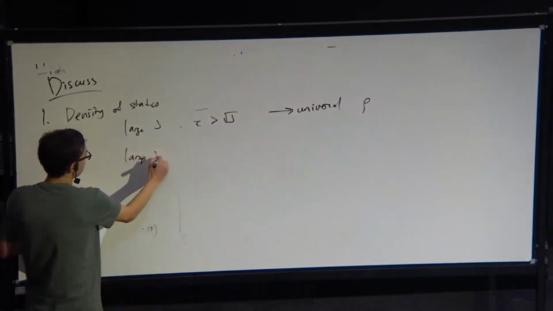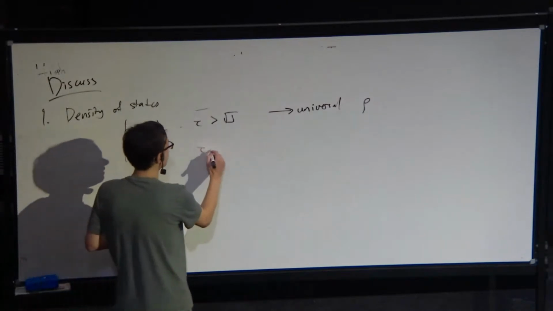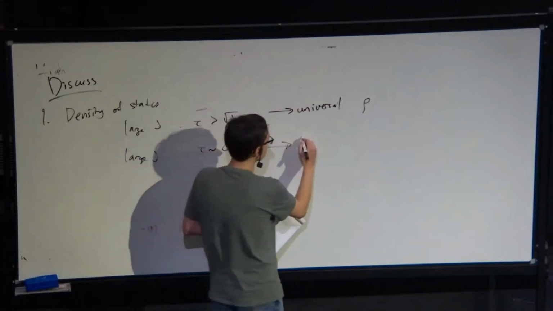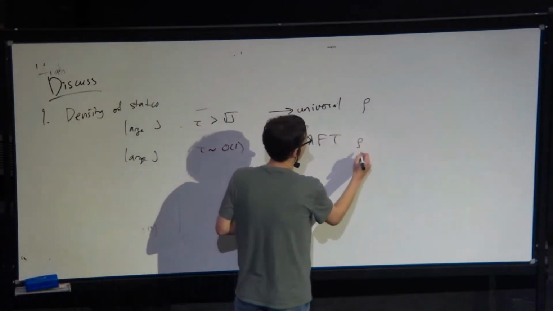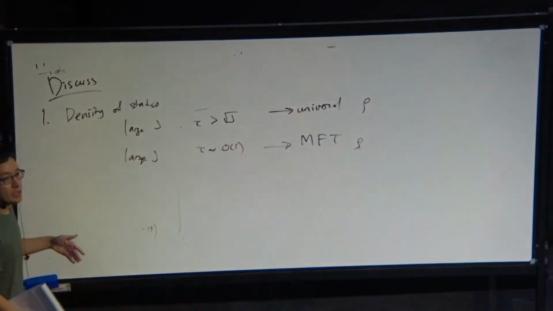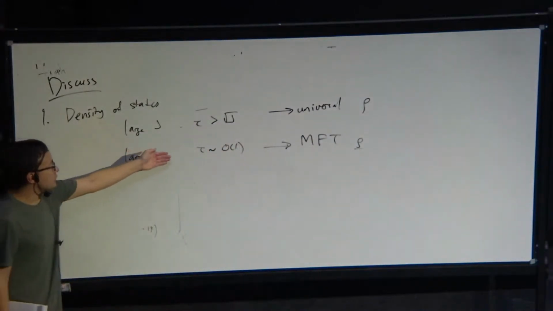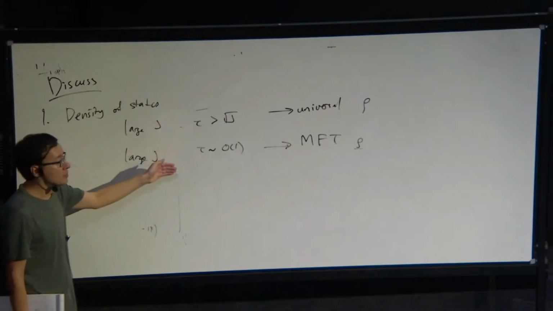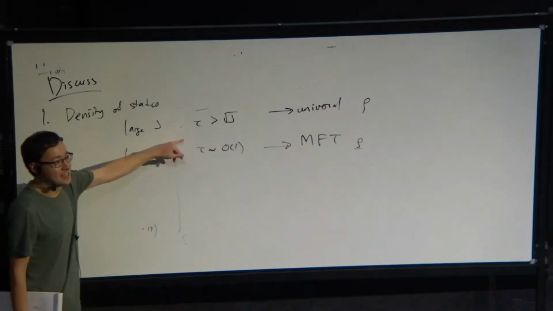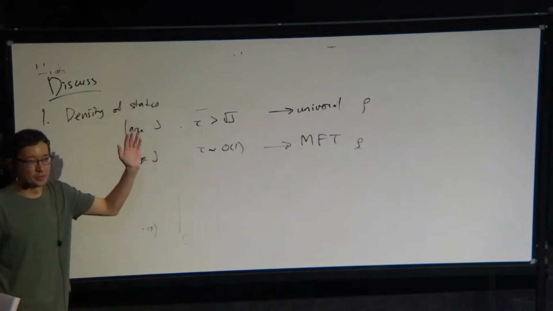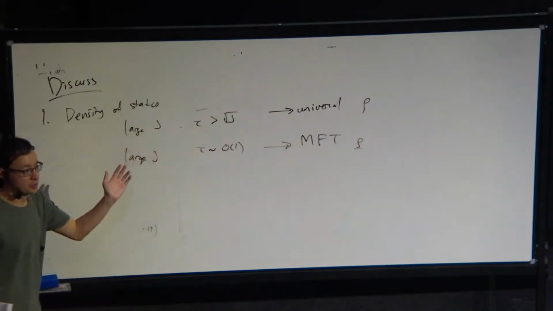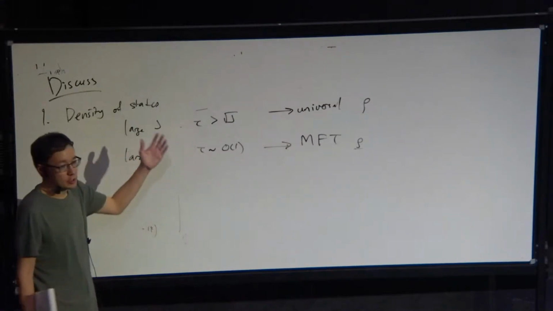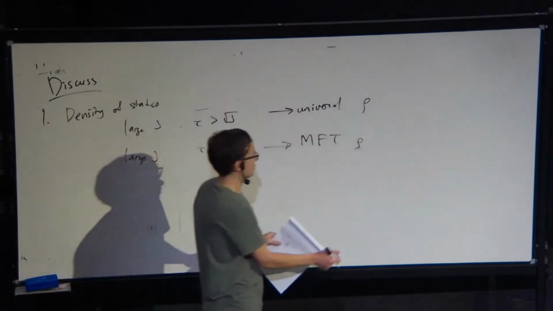It's also generally believed from things like the lightcone bootstrap that if the twist is fixed at large j, the entropy should be determined by some mean field theory. So this rho should also be universal. So it's kind of a funny situation where at large spin, when the twist is order 1, you have some universal value. And when it's larger than square root of j, you also have some universal value. And the question is, when you glue these, let's say the twist scales like j to the 1/4, for example, is this also universal or not? For a generic CFT, is it the case that the way these formulas are glued together is universal or not? I think this would be very interesting to explore.